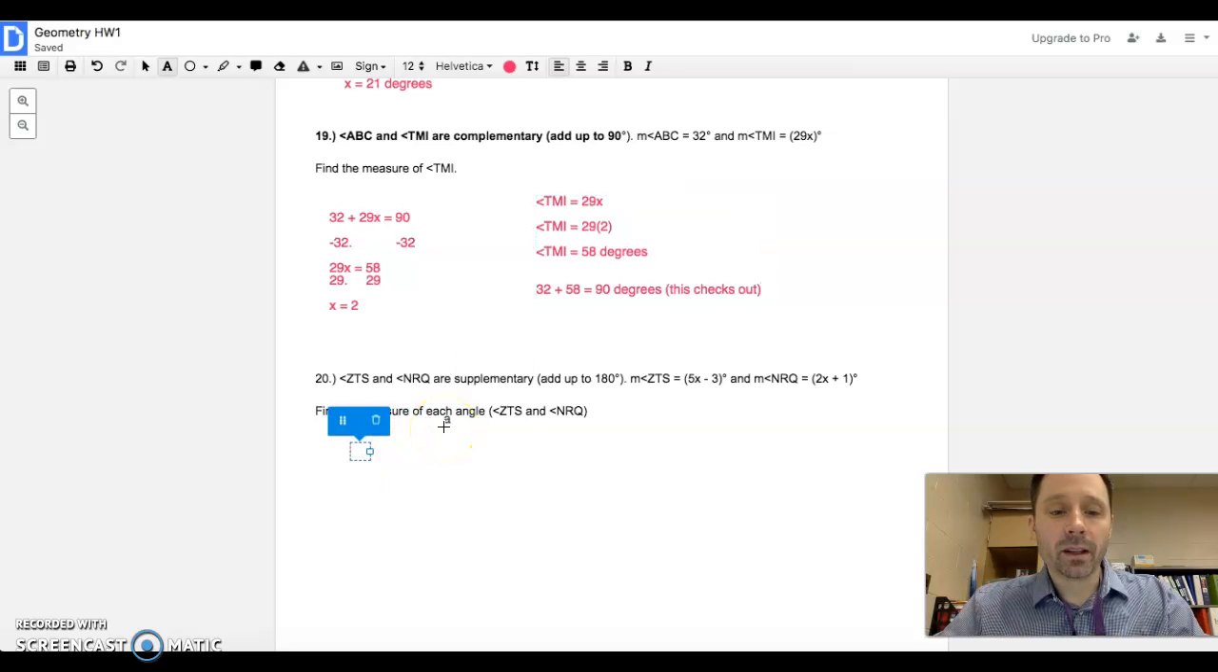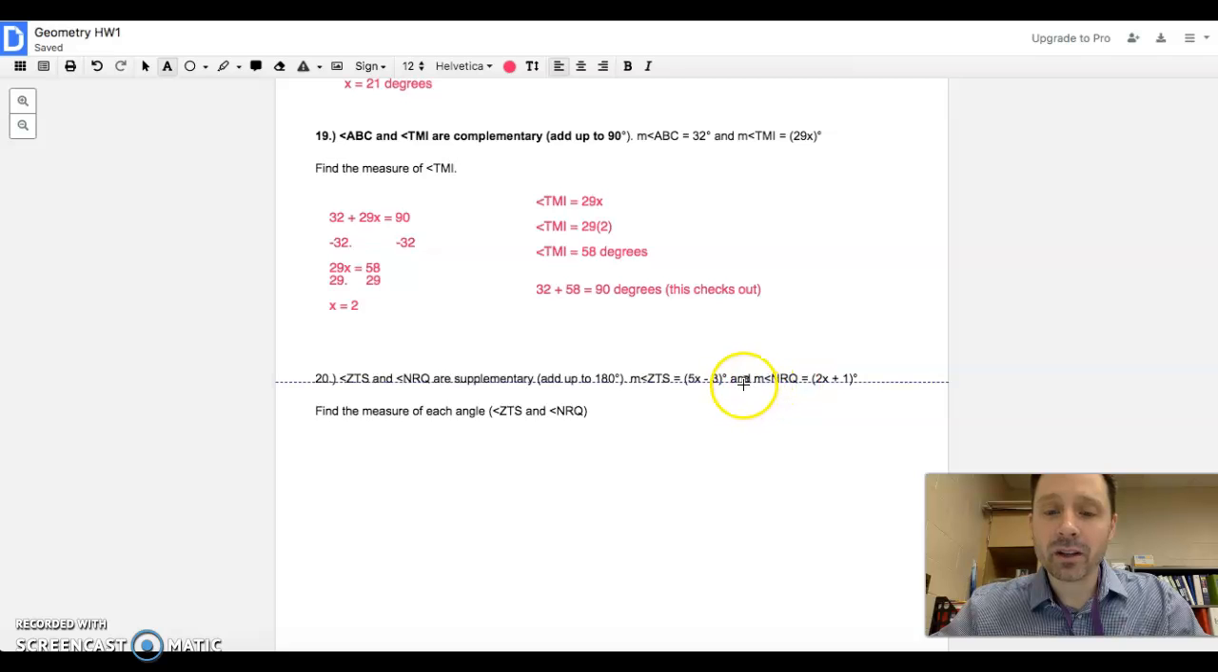All right, so the last one, I'm just going to get you started here. It says angle ZTS and angle NRQ are supplementary. They add up to be 180. So in this one, we don't know either angle. It gives both angles to us as an expression. It says ZTS is 5x minus 3,